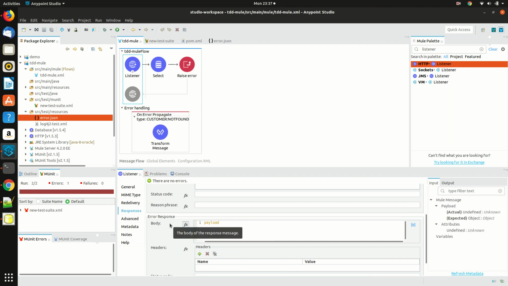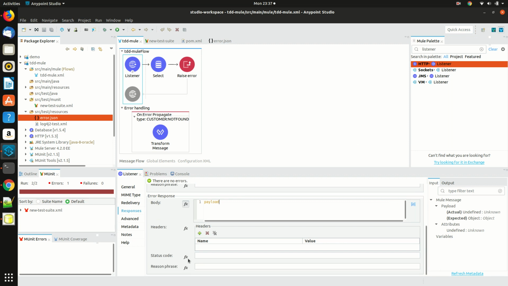Okay, and the next thing I want is the status code. So the status code would be vars.statusCode, or else default it to 500. Okay, so we have configured this, we have enabled the flow sources,